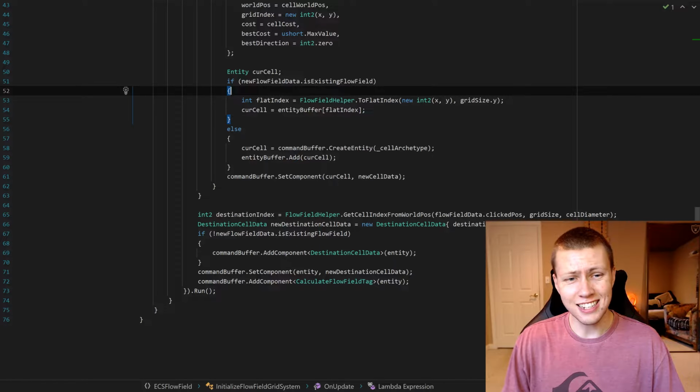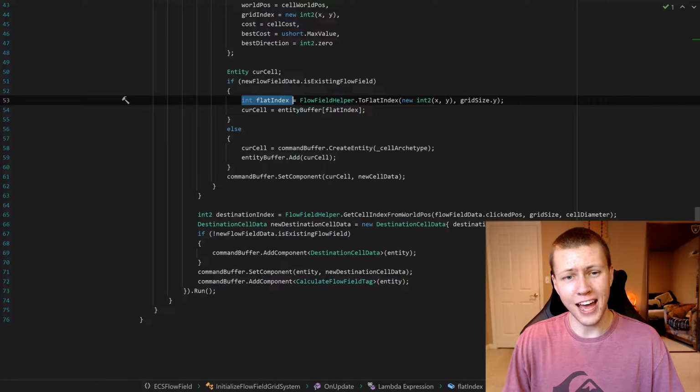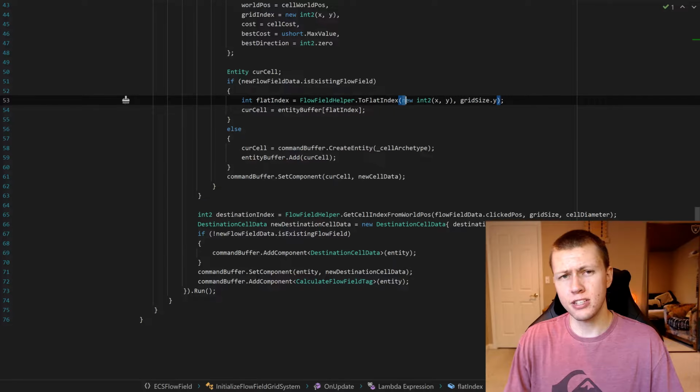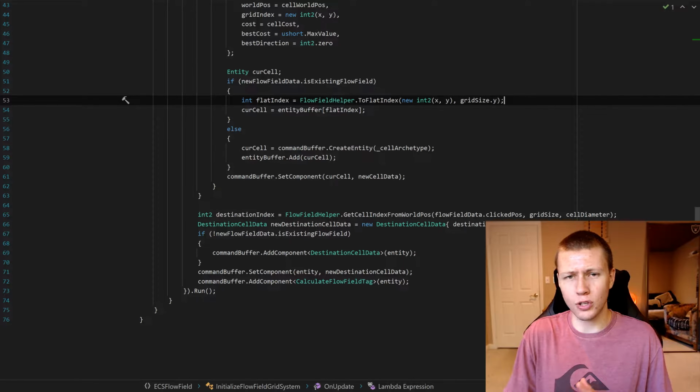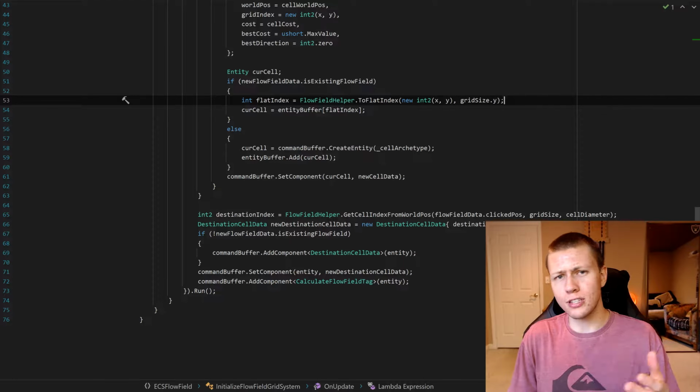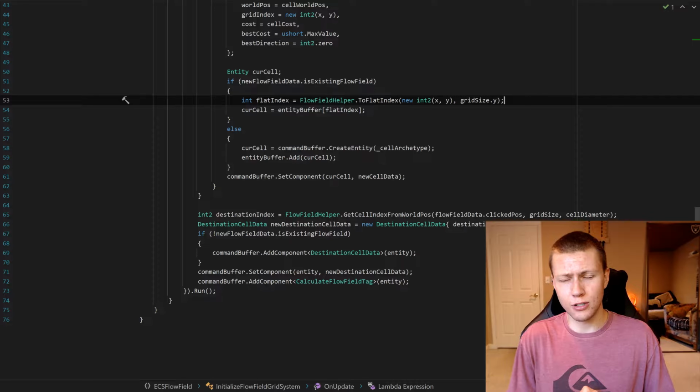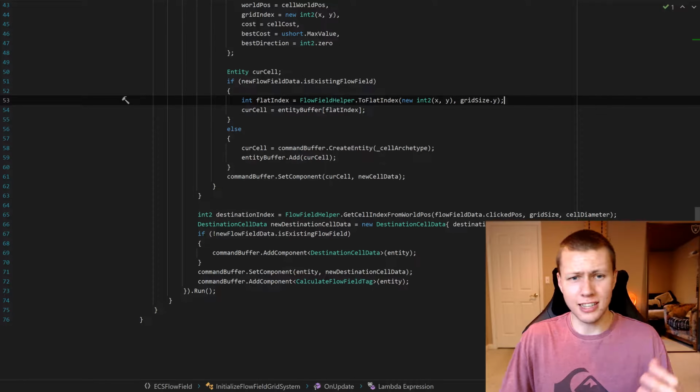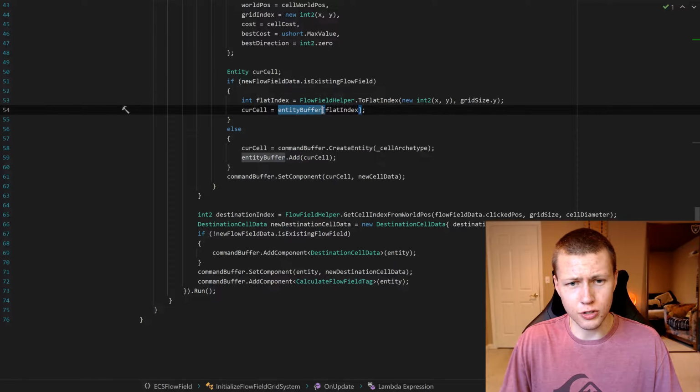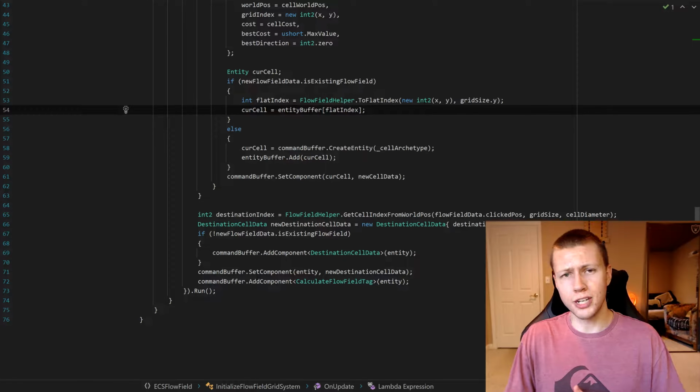So if it is an existing flow field, we're going to find the flat index. Now the flat index is found with this toFlatIndex helper function that I've created. And basically what this does is it takes the XY coordinates as well as the height of the grid, and then from there it can calculate what the flat index will be. So we're actually going to be using this a number of times, and the reason for that is because there's some things like the entity buffer, which you'll see that I'm using right here, which we can't have two-dimensional arrays